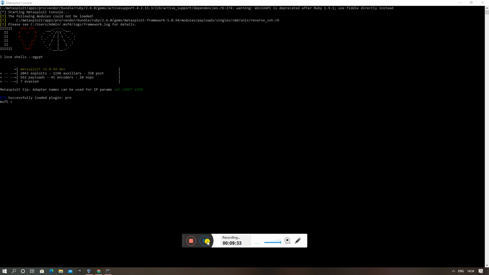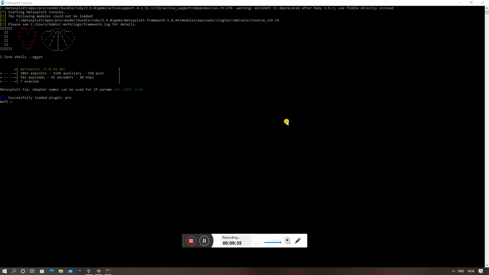As you can see, I'm trying to touch the keyboard, but nothing is coming, which means it's loading. Metasploit console. I'll just pause again. It's taking very much time. I'm really very sorry for that.